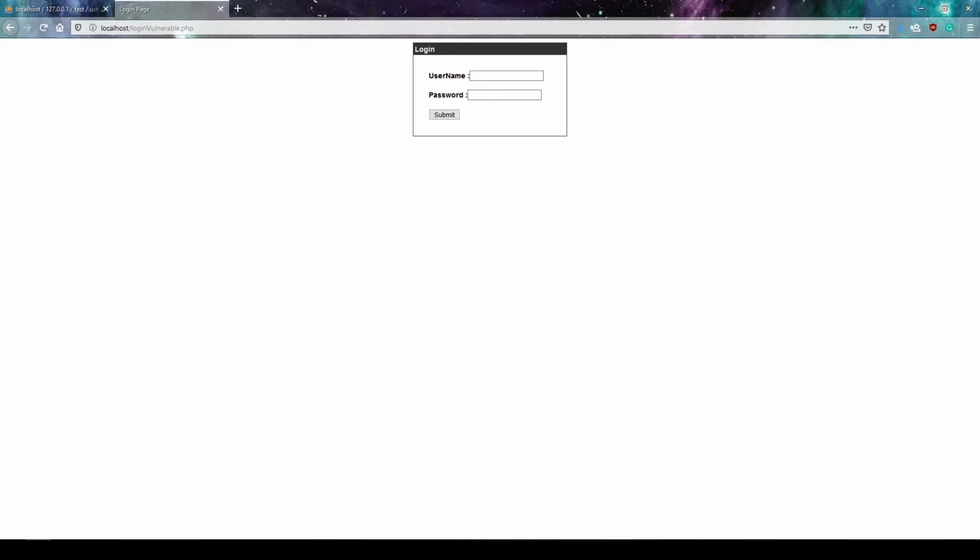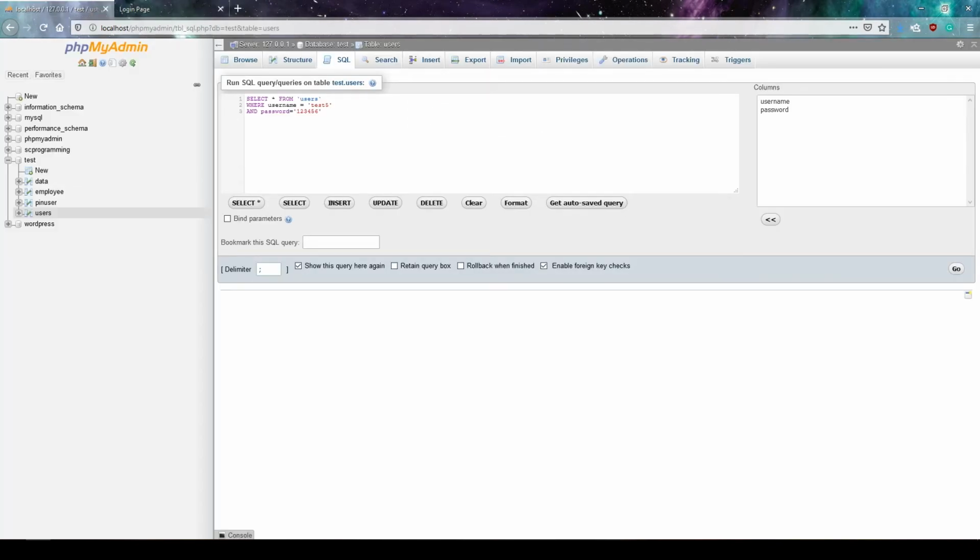So to start off with, I have this login page that's vulnerable, but I want to give you a bit of an intuition behind the backend. So we have this localhost phpMyAdmin set up. And inside of here, we have a users table. Inside of this users table, we have the usernames of each user as well as the passwords of each user. And again, typically when we store passwords, we would store passwords in a hashed format. However, in this case, I put them into plain text for the most part so that you can easily see what's going on